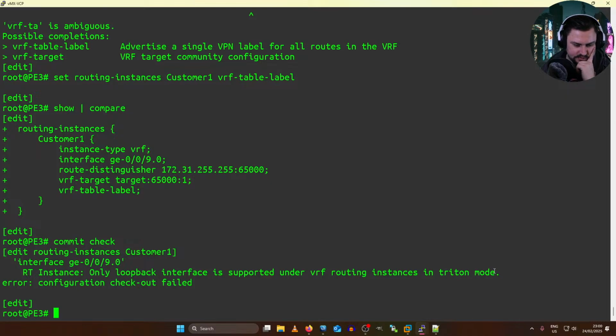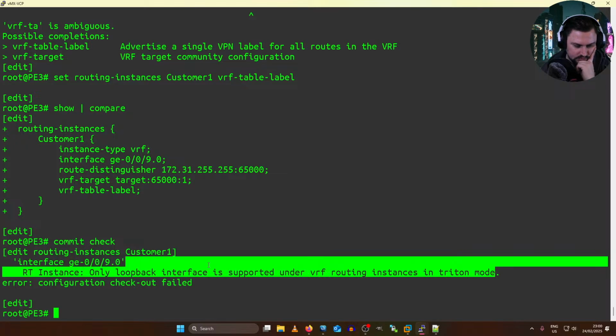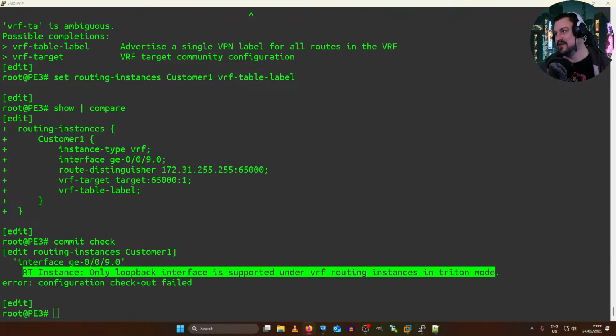what is this? Triton mode. RT instance only. Let me Google that now and watch. It's going to be something like I need to add the license or something.